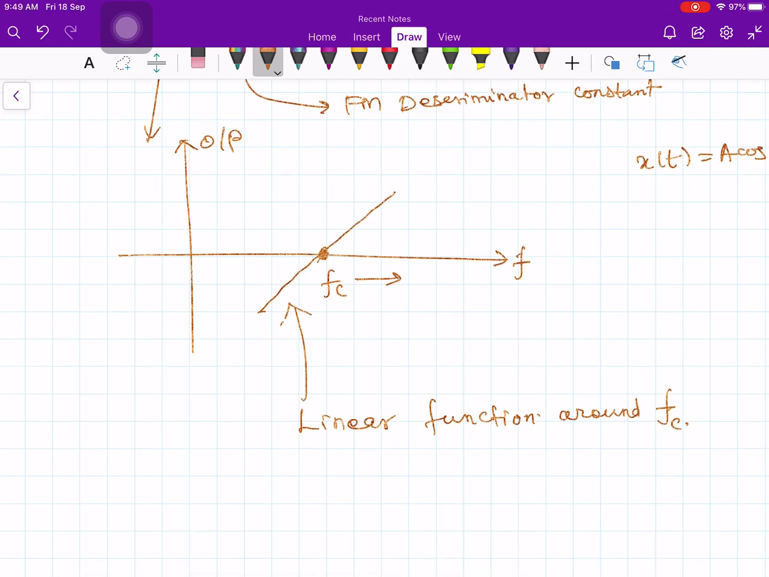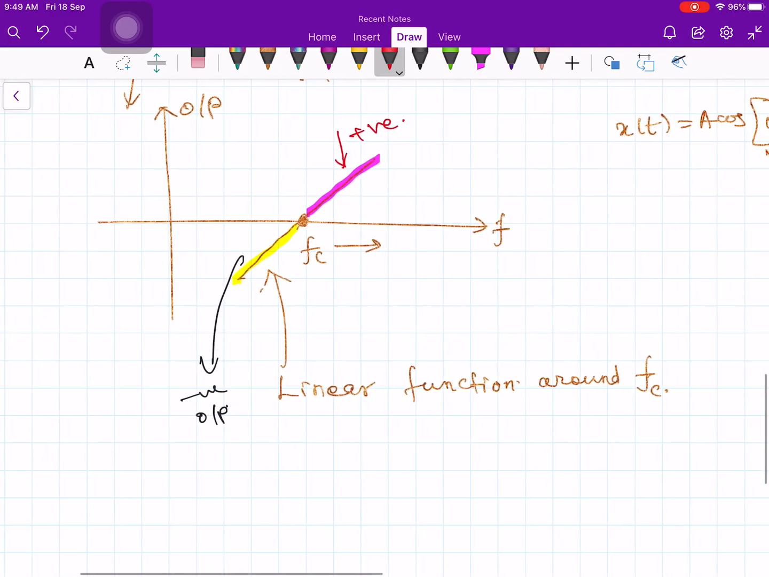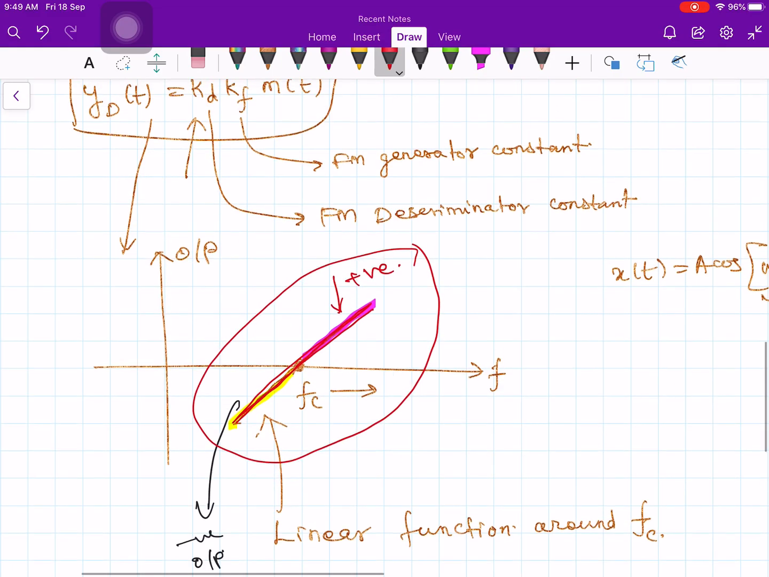If the frequency becomes less than fc, then it should produce a negative output. So look here, this is my negative output. And if the frequency is greater than fc, then it should produce a positive output in proportion to the magnitude of the signal. So you are looking for characteristics like this. So we need a discriminator whose characteristics is like this, a linear function around fc,